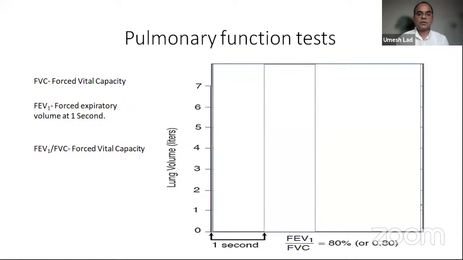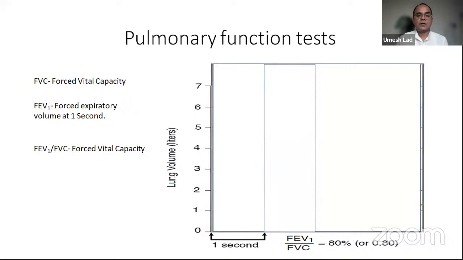In restrictive lung disorder, there is a problem in the mechanics of ventilation. Earlier we have seen the mechanics of ventilation. In the mechanics of ventilation, what is the main mechanical apparatus? There is the diaphragm, the muscles of inspiration, the rib cage, then the spinal cord, and inside that the lungs are located. Any deformity of any of these parameters will cause restriction of the movement of the lung,